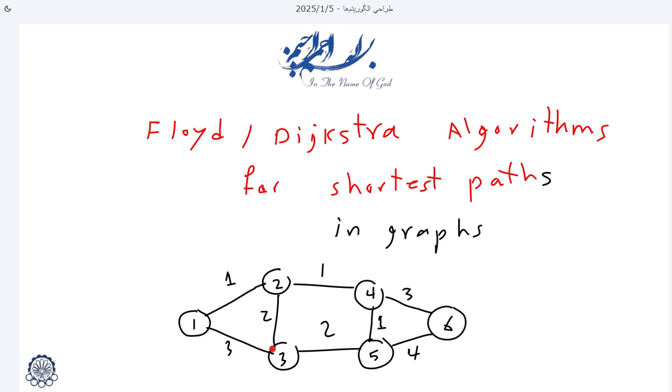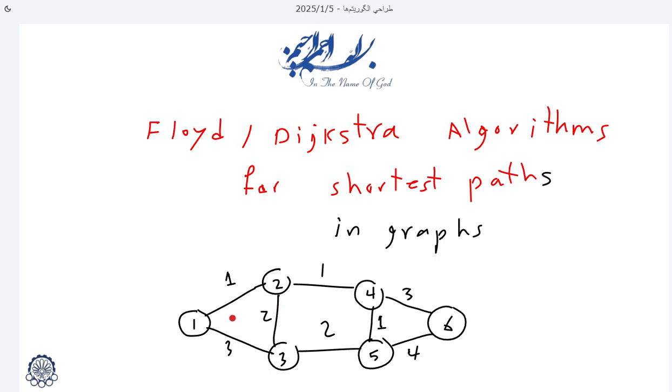For example, we are going to compute the shortest path between node 1 and node 6. There are some paths between any pairs of vertices. We are going to compute the path that has the minimum weight, the path whose sum of the weights of